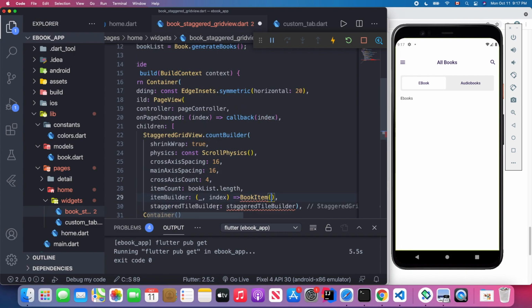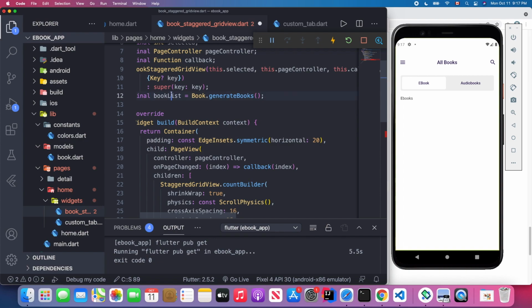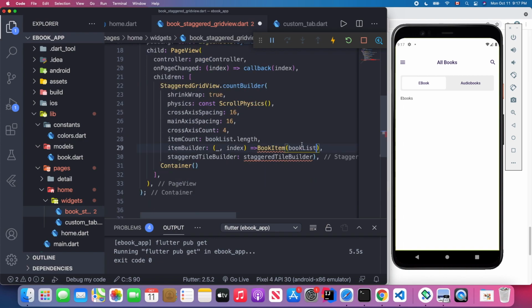And to the book item, we're going to pass the book object. We can access each book using the index, right? So for this staggered tile builder,